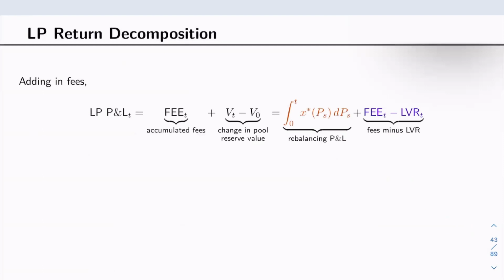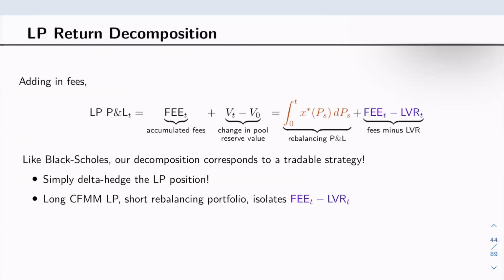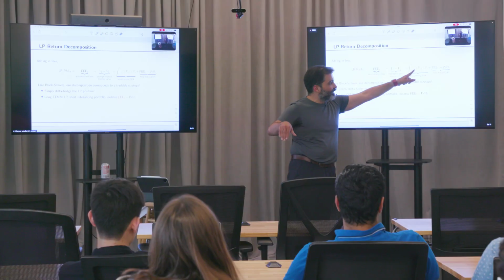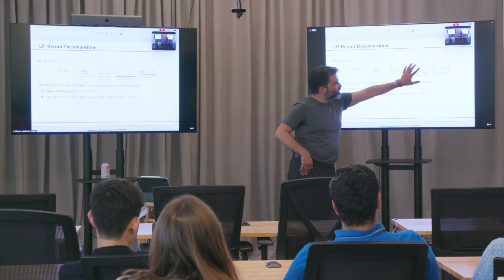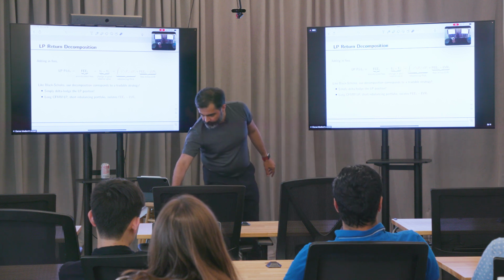OK, so going back to thinking about the P&L of the LP. What I had written before was that the P&L of the LP is accumulated fees plus the change in reserve pool value. The theorem I just had says this is the P&L of the rebalancing strategy minus LVR, so that's just plugging in the theorem. Now, if I look at this term, it is something integrated against prices. This is price risk. So what I can do is delta hedge. At every instant S, I can take exactly this quantity and take a negative position on the centralized exchange in that size. By doing that, I will fully hedge this.